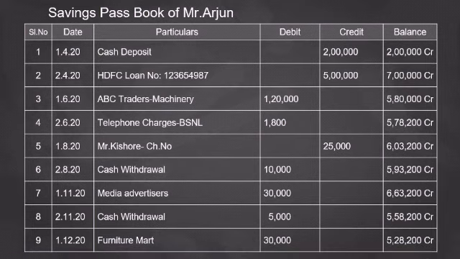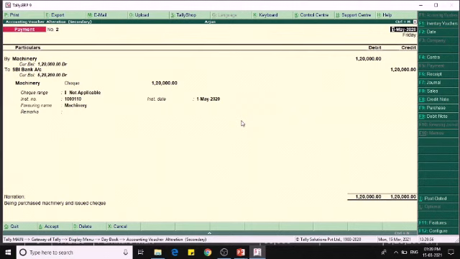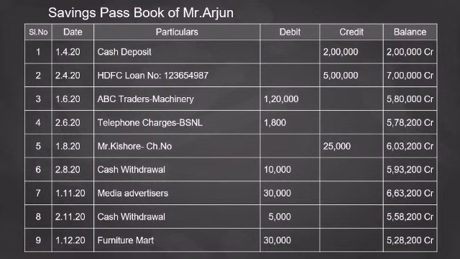As we all know, there will be a difference between the check issued and honored. There will be a time gap. But on the 1st of June only the banker is honoring the check for the value of 1,20,000. We bought on 1st May, but the check is honored on 1st of June only. So there will be a difference. It has a debit balance of 1,20,000. The balance is 7 lakh minus this 1,20,000, which is 5,80,000. Likewise, all these transactions are given here.